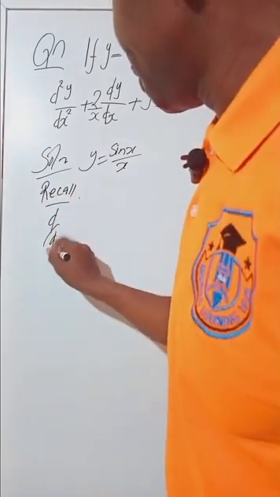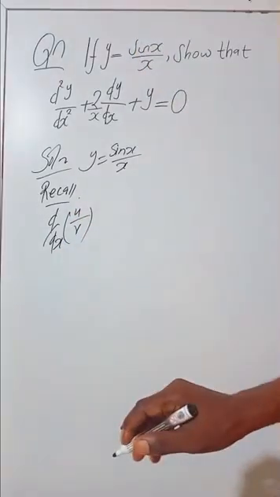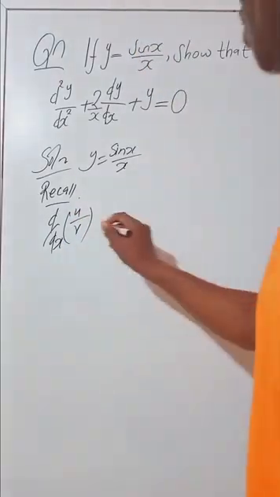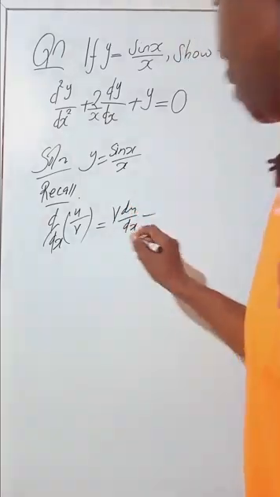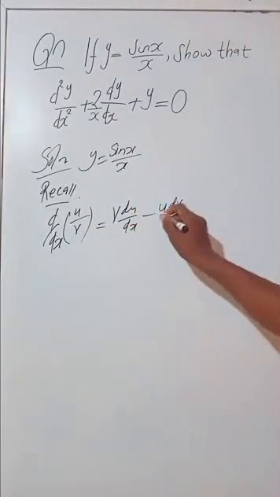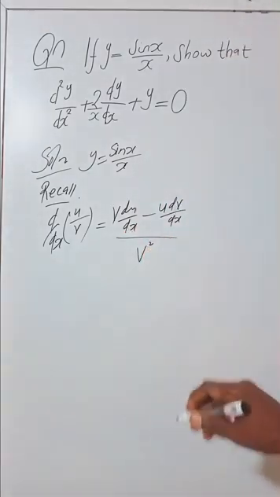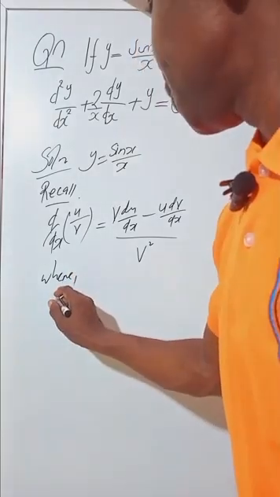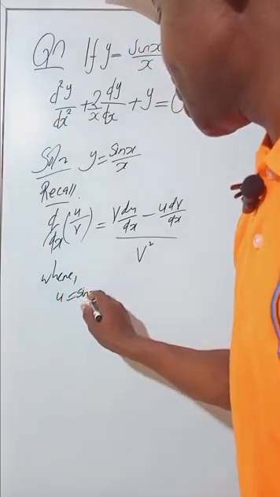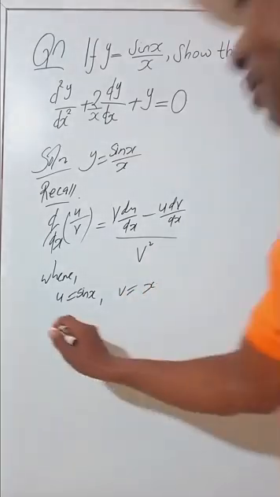It says that if you differentiate two functions of the form u over v, where u and v are functions of x, this equals v du/dx minus u dv/dx, divided by v squared. For this particular case, our u will be equal to sine x, and our v will be equal to x, such that